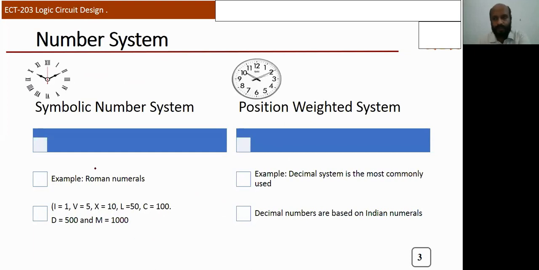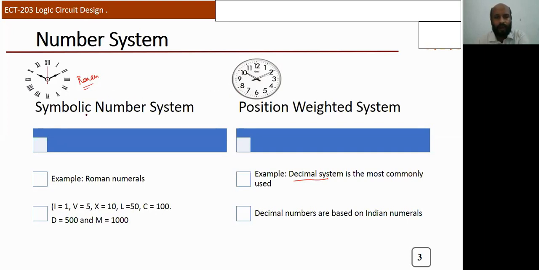When you discuss the number system, here you can see two clocks, which are represented in two different kinds of letters, or you can call them numbers. One is a very common one, and the other is Roman. We will call it Roman letters. Normally these Roman letters are used to represent chapter headings or clock dials. It's of limited use now, but the common number system, the decimal number system, is used everywhere, in all textbooks and page numbers.